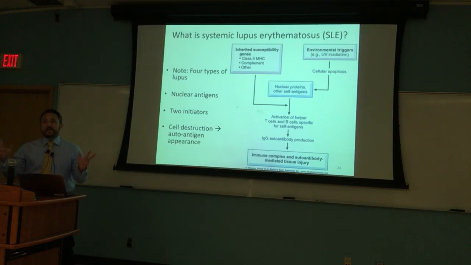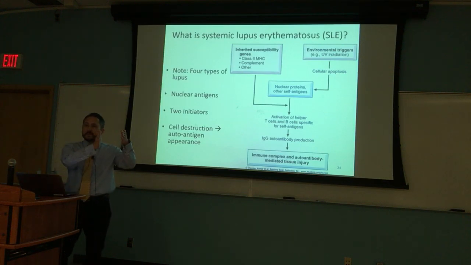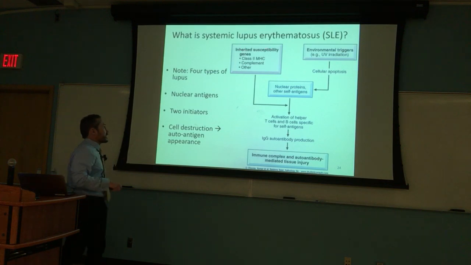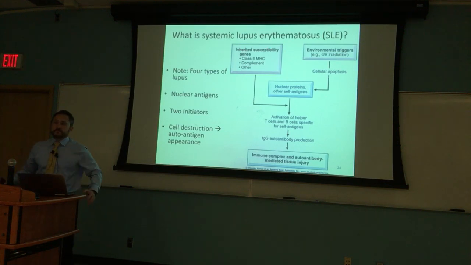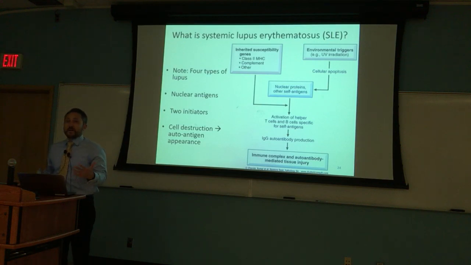There's thought to be 2 big initiators here. And one is definitely heritable traits. So there's a genetic component of inheritable susceptibility. So for example, class 2 MHC, something goes south with class 2 MHC. And because class 2 MHC is found on many, many nucleated cell types, you've got a problem there, okay? That's not a nuclear antigen, that's actually a cell surface antigen, and that's why it says other self-antigens in this